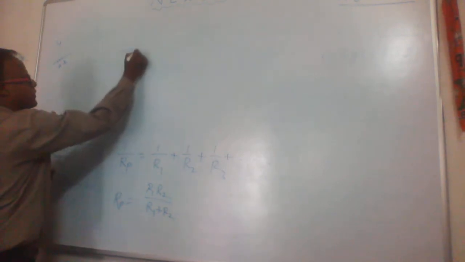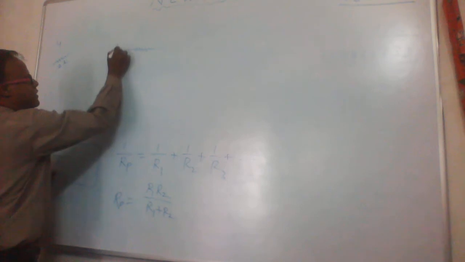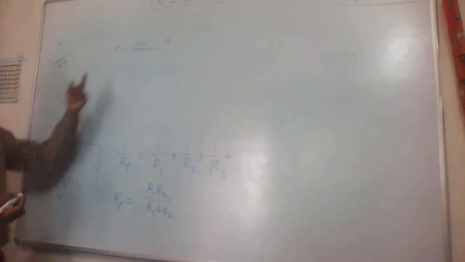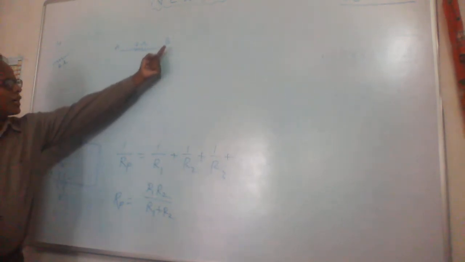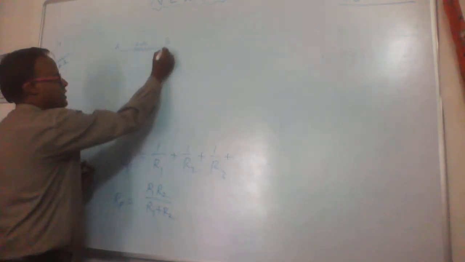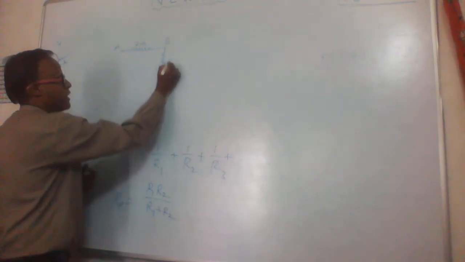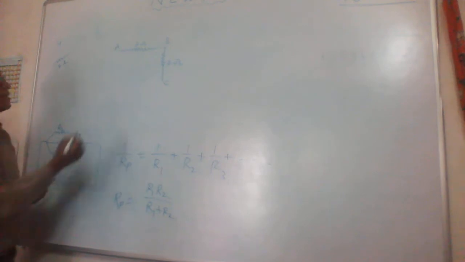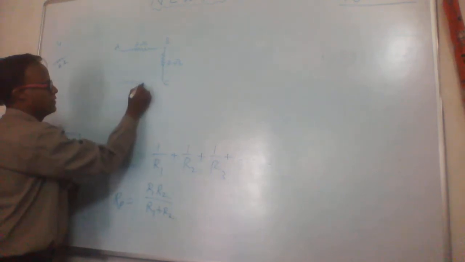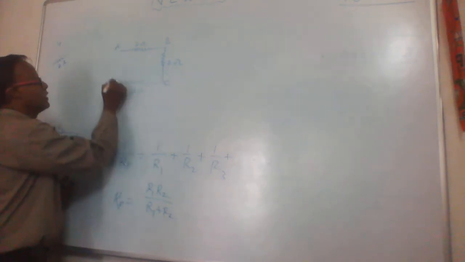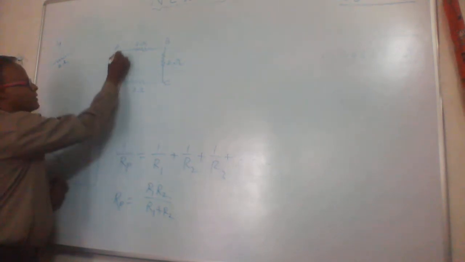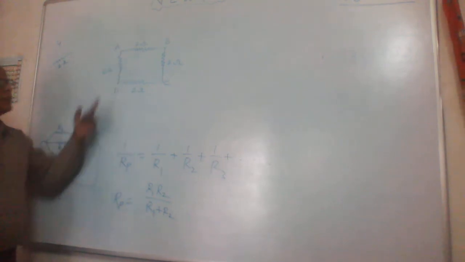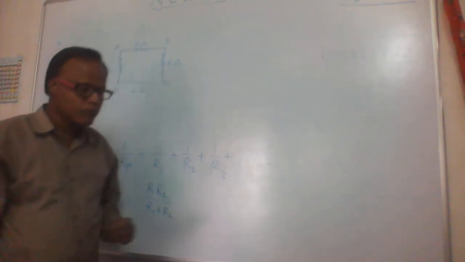So first we draw this diagram. So it is AB. What is its value? 2 ohm. Now end to end means another starts from here. The third one is connected here. Its value is again 2 ohm. This becomes point C, and then again 2 ohm. This is your D point, and it is in the form of a square.